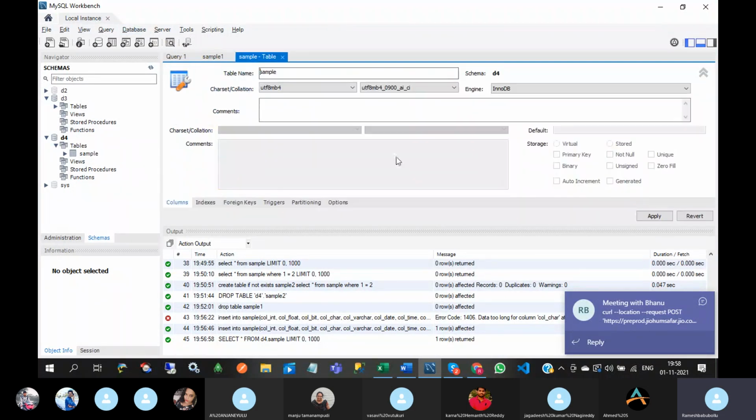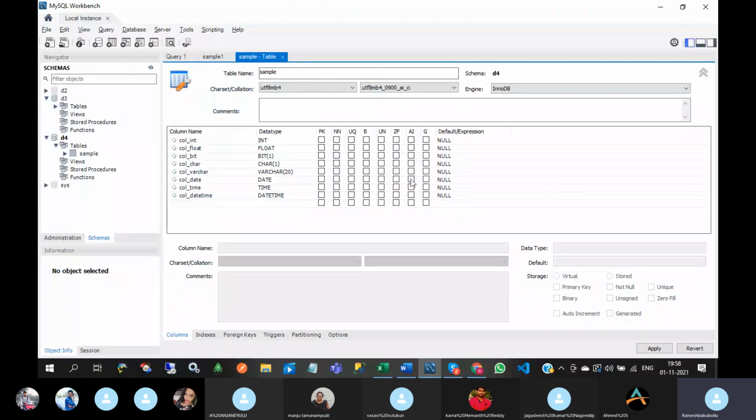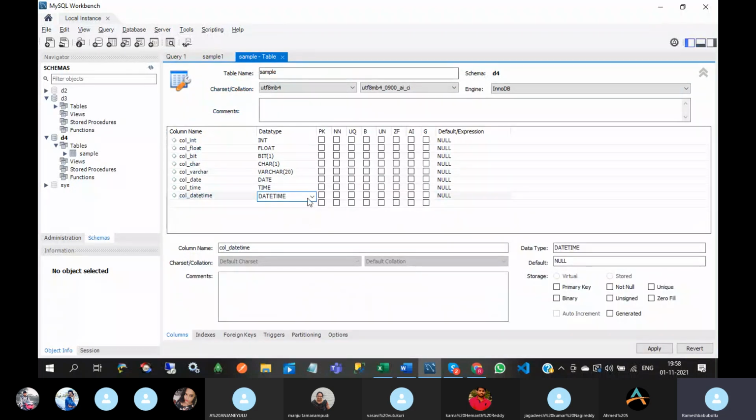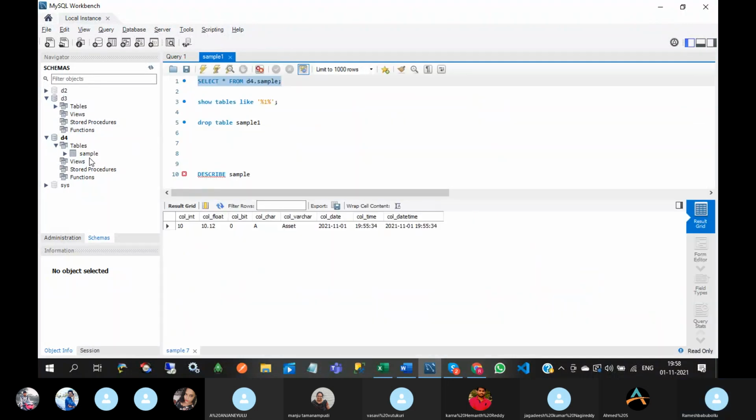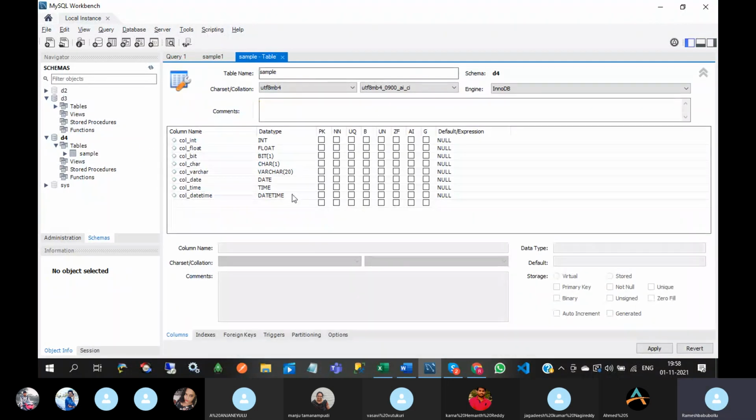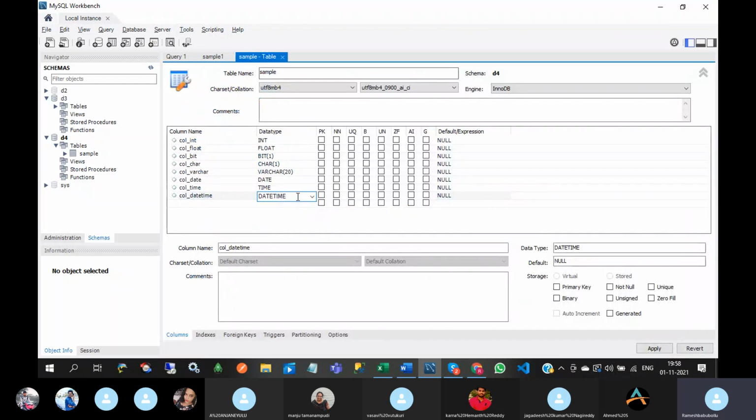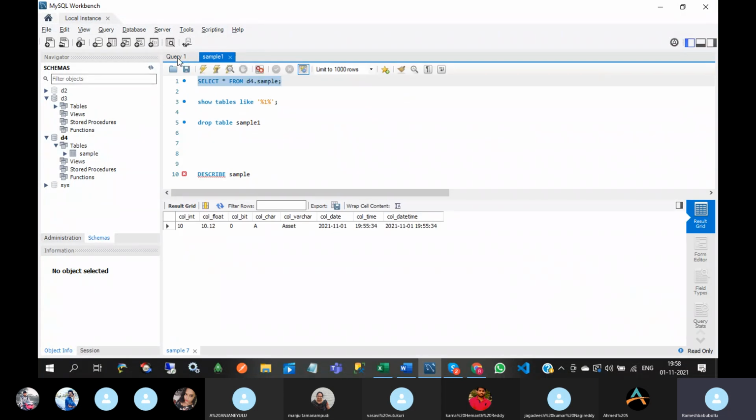And before executing this query, I am going to change this data type. What will happen? Okay, I will create another column.